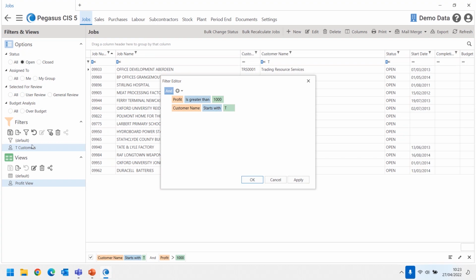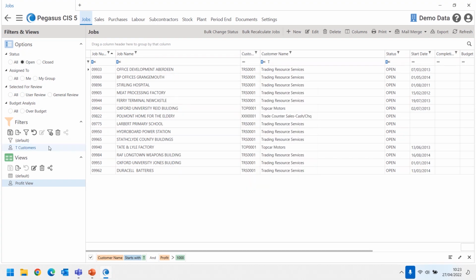And once I've created those, I can save them away. And once I've saved them away, I can share them with the team itself. So it allows me to go through and share these sort of filters out. Once you've got a filter on screen, then what we can do is, if I want to print it,